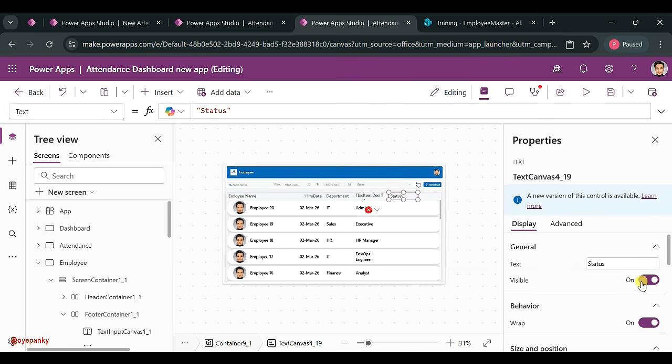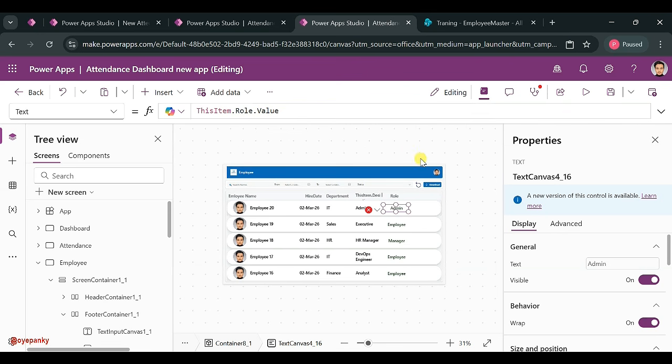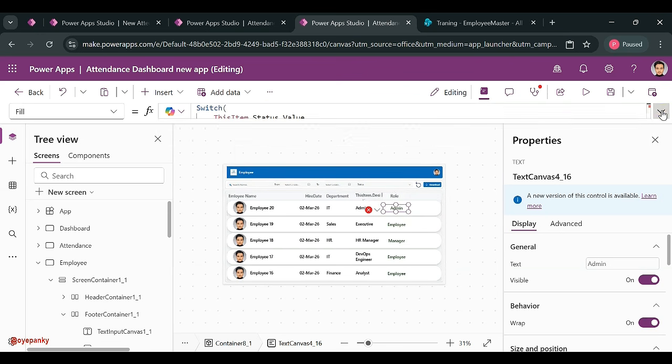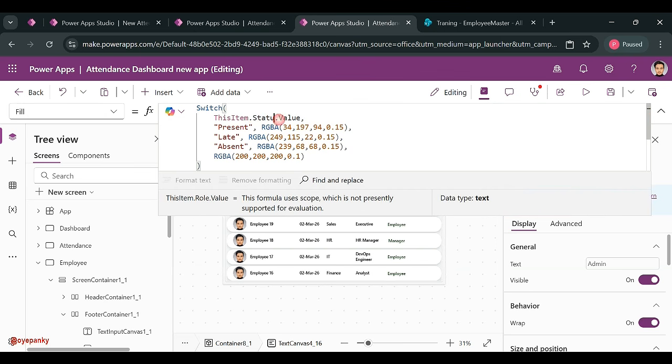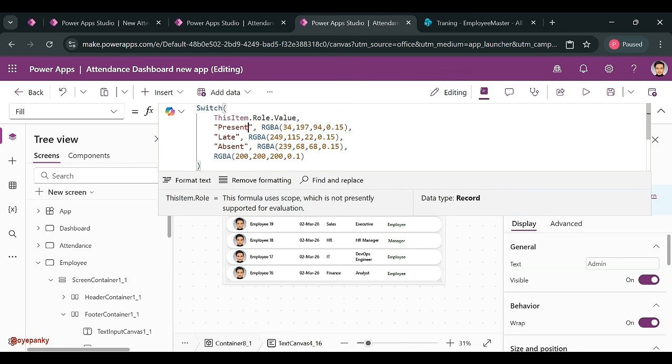And here you can use the role. Now here you can use the role column. And here you can change the color as per your coding, like I want to put on the percent, I want